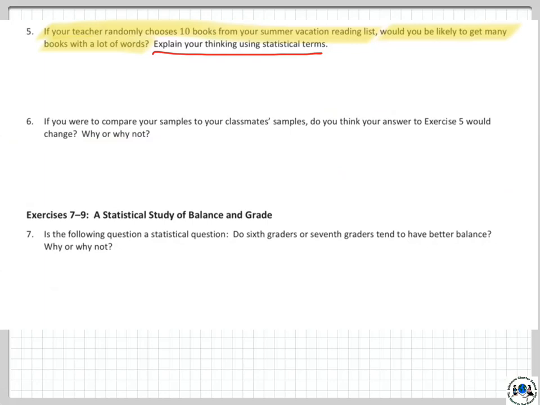So next here, if you were to compare your samples to your classmates' samples, do you think your answer to exercise 5 would change? Why or why not? And that would be this answer right here. Would it change? It could change, because like I said, there is